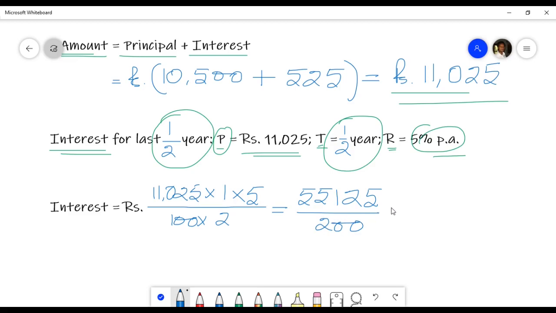Okay, we are simplifying it further. 55,125 divided by 12. Now when we simplify it more, we will get the interest for the last half year as rupees